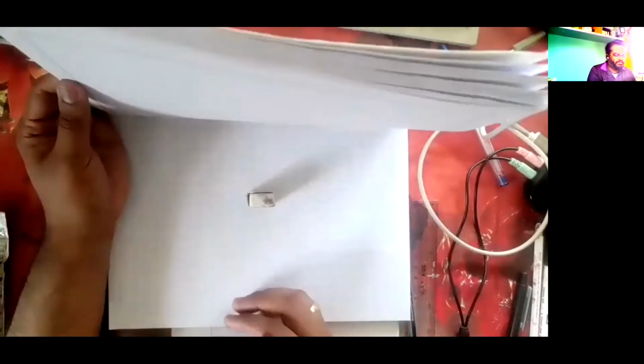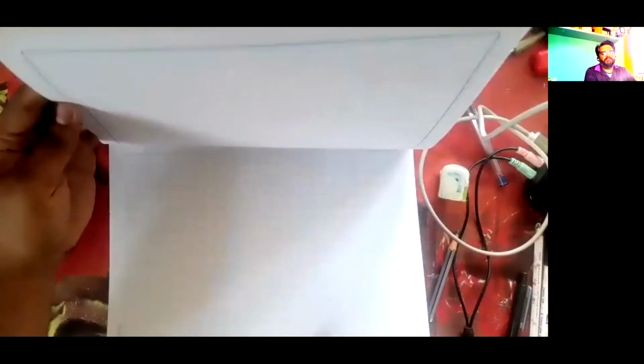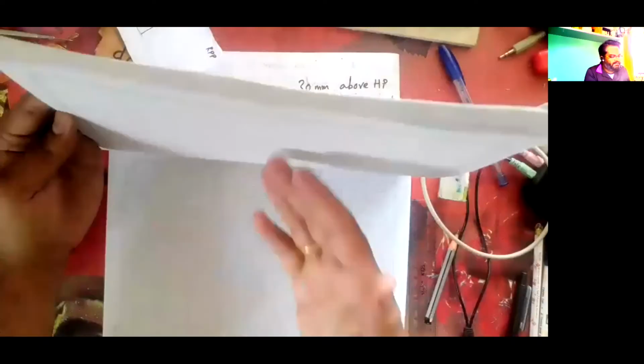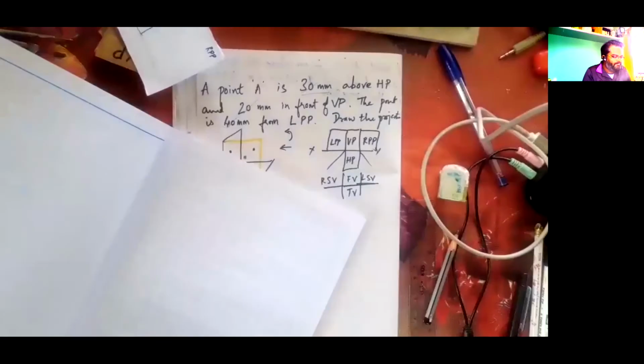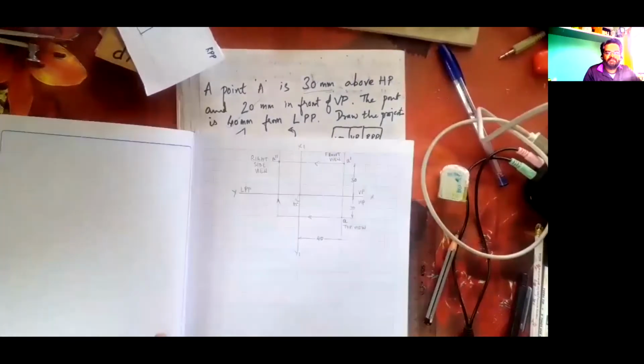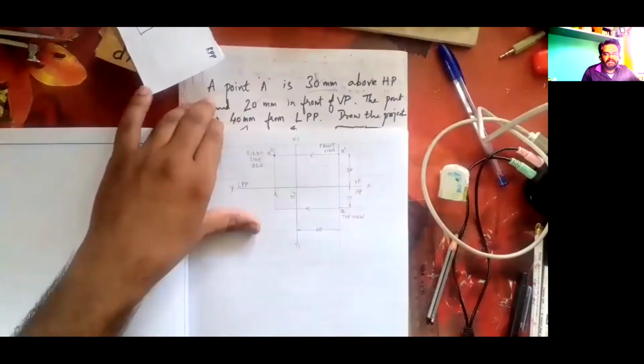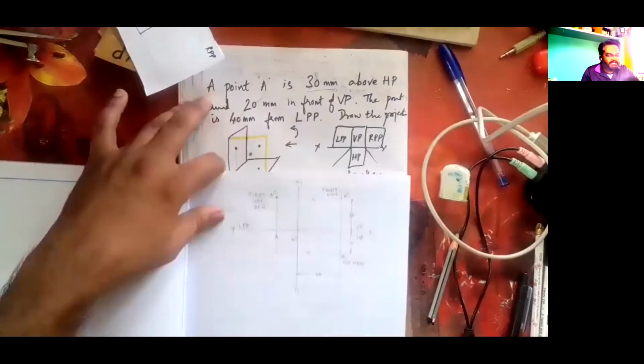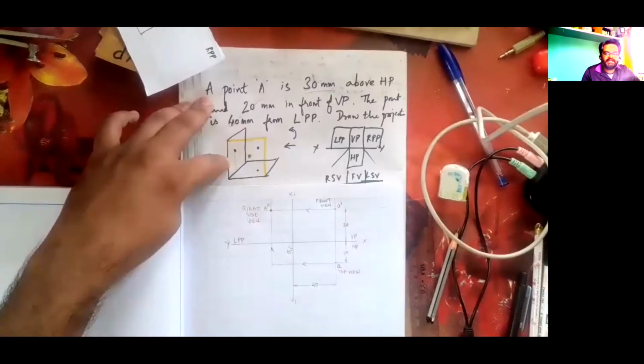Use any book as a quadrant, like this first quadrant, and try to solve the problem. Imagine this book itself as a first quadrant. To see its front view and top view, you can keep any object and think over and represent it. Got it? This is the question. This is the answer. Why is this the answer? We are imagining the left profile plane, so on the left profile plane, it is the right side view.